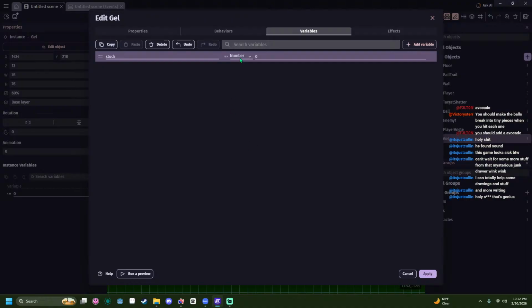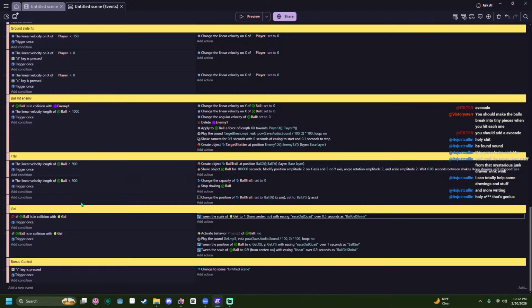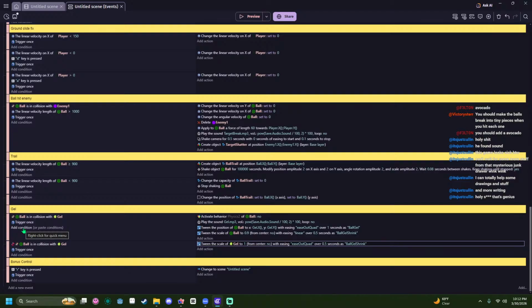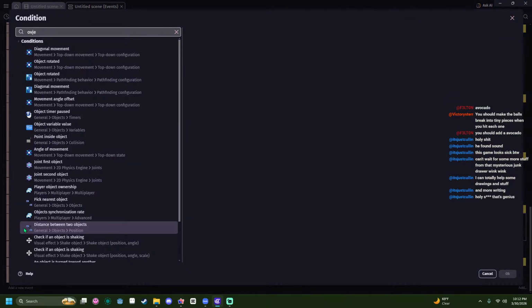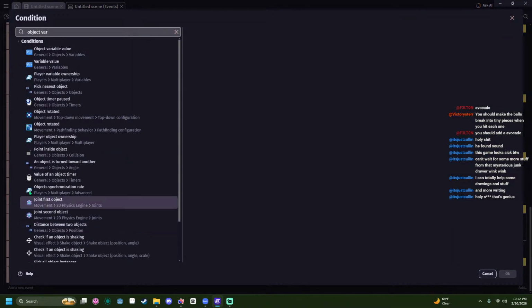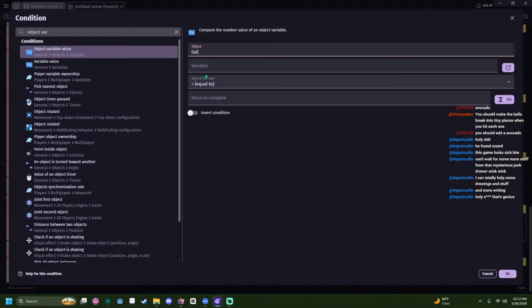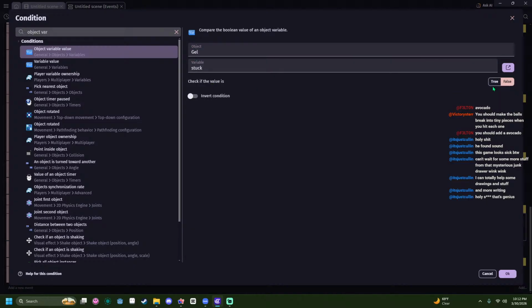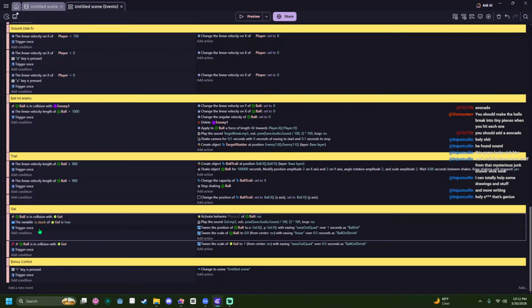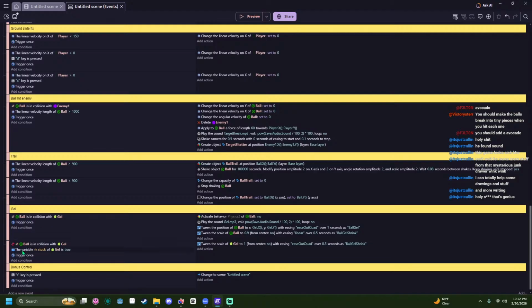Stuck. Boolean false. If it's in collision the first time. Oh wait, I'll switch these. Object variable value of gel stuck. If it is stuck in this one, and if it's not stuck in this one. Okay, so it's not stuck and it hits it.